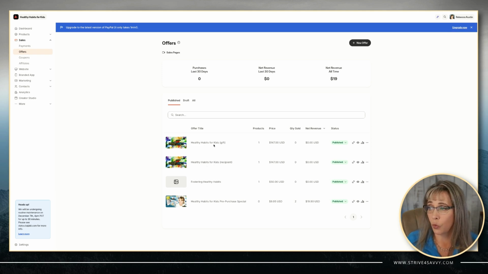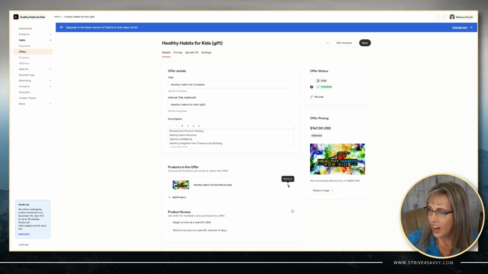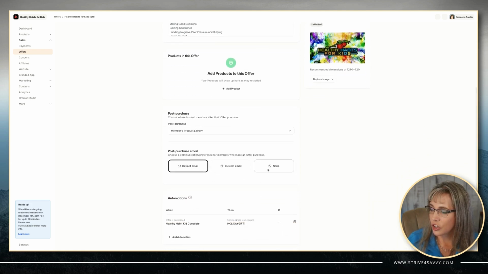Now, you'll notice that we have one of them labeled gift and the other one is recipient. Usually what I do is I create the first offer, then I duplicate or clone the offer and make my adjustments and changes. The big thing that we want to do is have one offer that is specifically designed so that it does not grant access to the product, because this person is buying this as a gift. So inside our gift offer, we are not having the product inside this one, and we are turning off